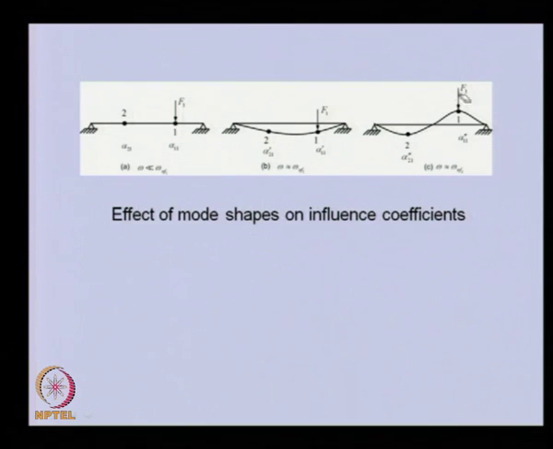Because of this, the influence coefficient of the shaft for this particular mode or speed will be different compared to the other. This figure illustrates how the influence coefficient differs for different speeds, especially when we are at different modes. We need to calculate these influence coefficients for all such speeds or modes of operation in which we want to operate the rotor.